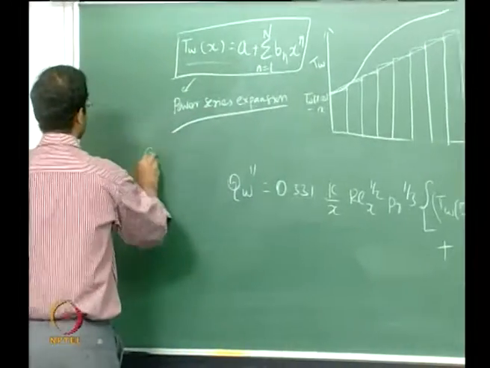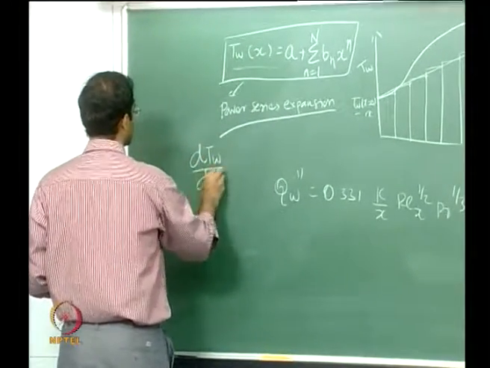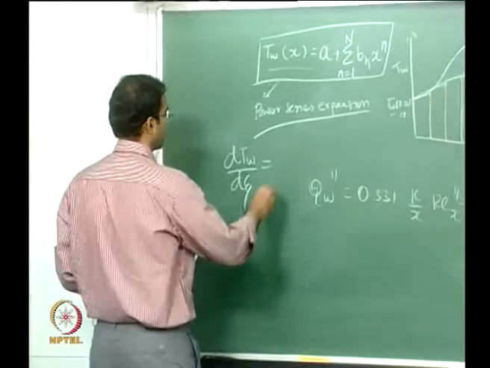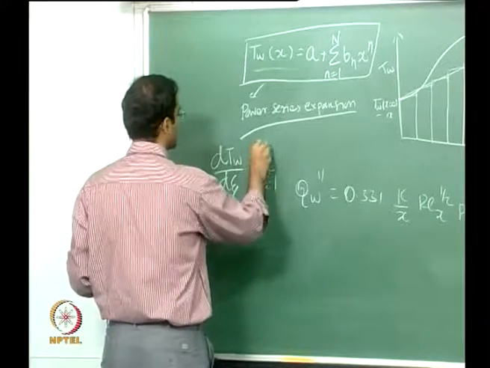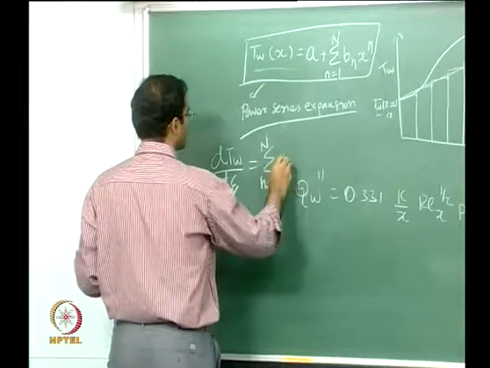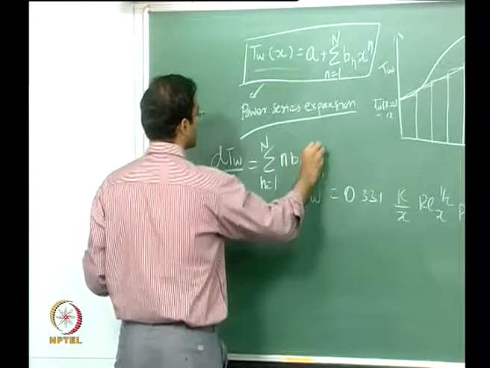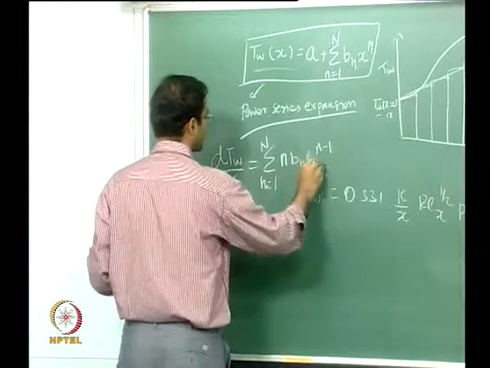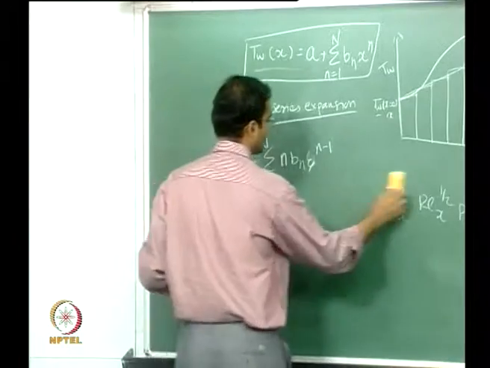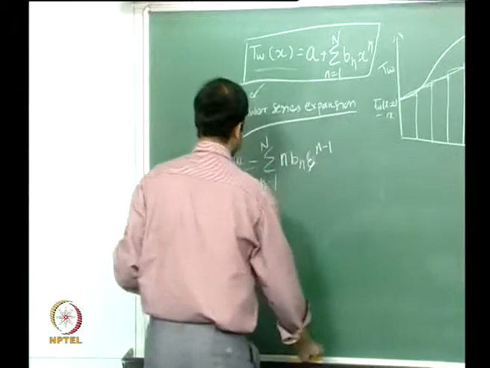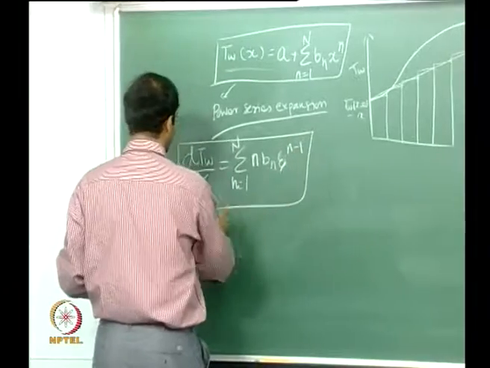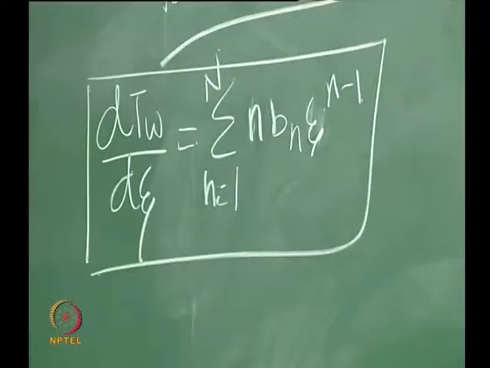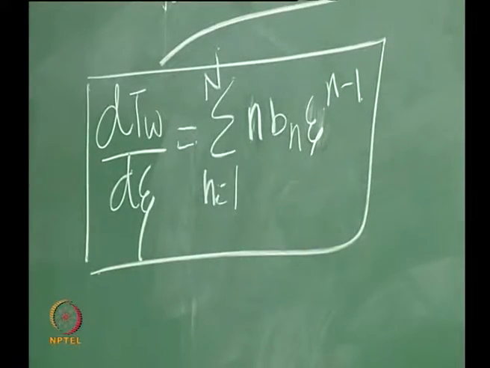So what will be the expression for dT wall by d zeta? Summation n equal to 1 to N, you have n Bn x power n minus 1, or zeta power n minus 1 here. Okay. So this has to be now substituted into the expression where we had dT wall by d zeta. Okay, and if you do that,